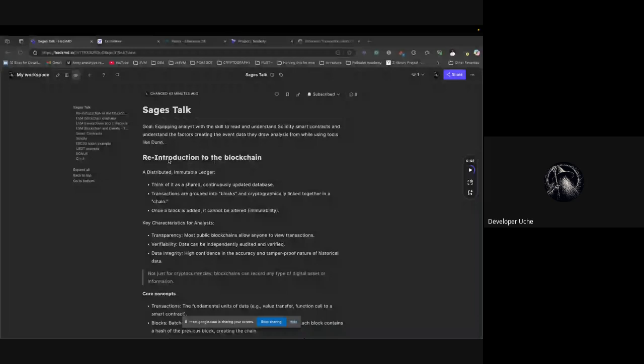So the blockchain is a distributed ledger. Just see it as a database that is shared across many computers, and this database holds records of